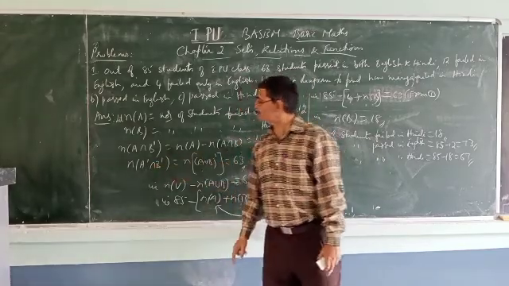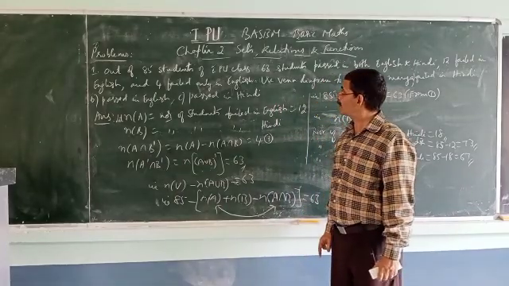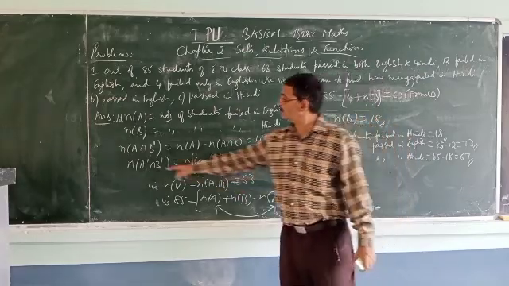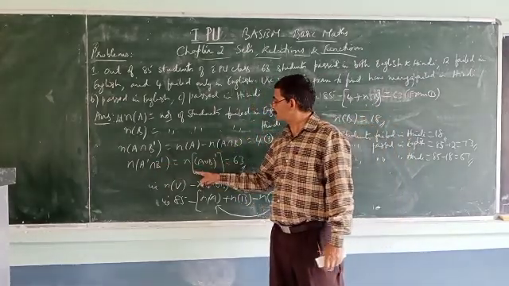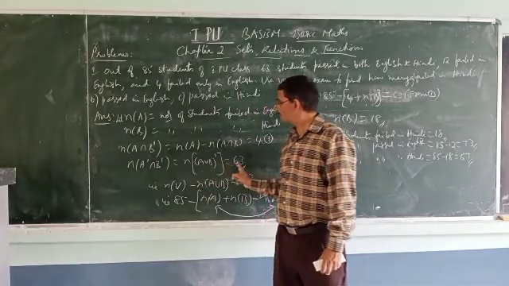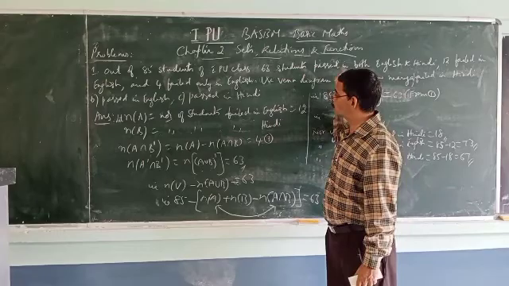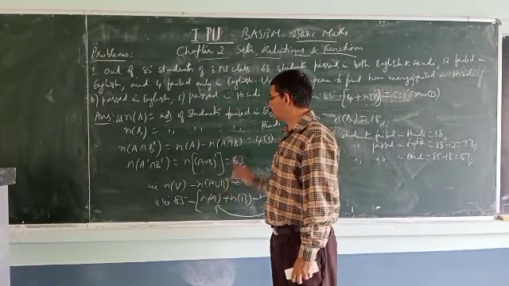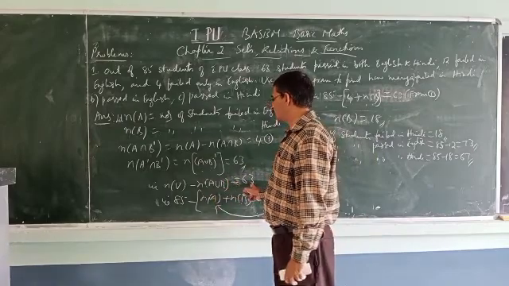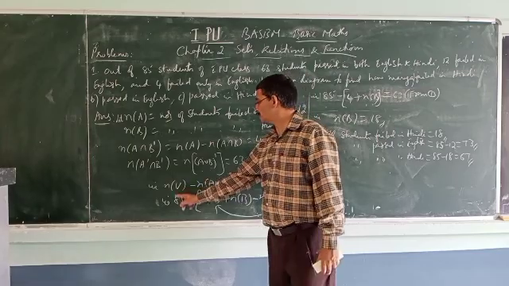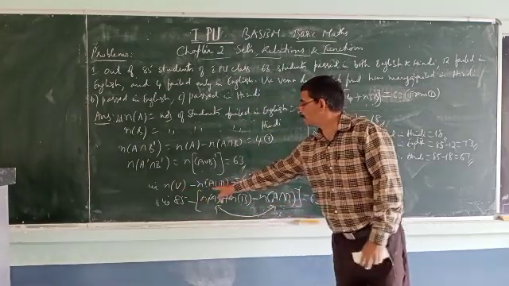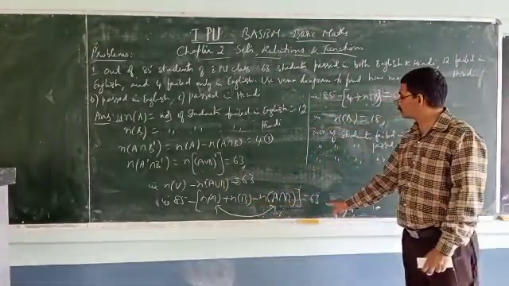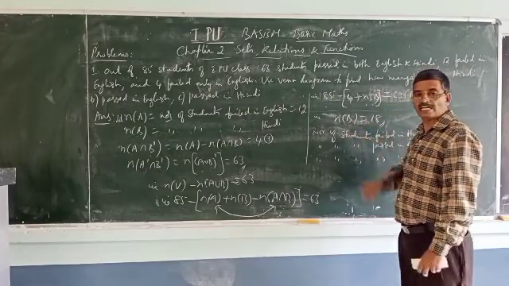N of A dash intersection B dash. A dash stands for passed in English, and B dash means passed in Hindi. So that gives you passed in both, given by N of A union B whole dash equal to 63. That is the number of students who passed in both. What is N of A union B whole dash? It is N of U minus N of A union B, which itself equals 63. So use it: 85 minus N of A union B, applying the formula N of A plus N of B minus N of A intersection B, equal to 63. Rearrange, and get N of B is 18.